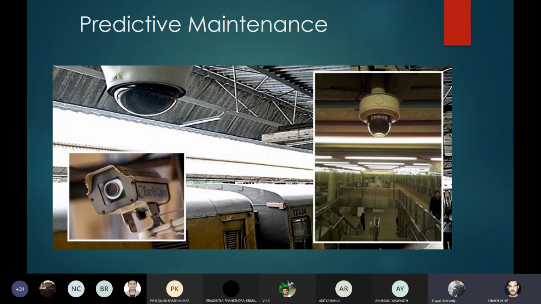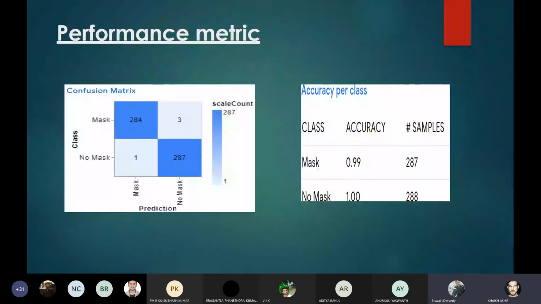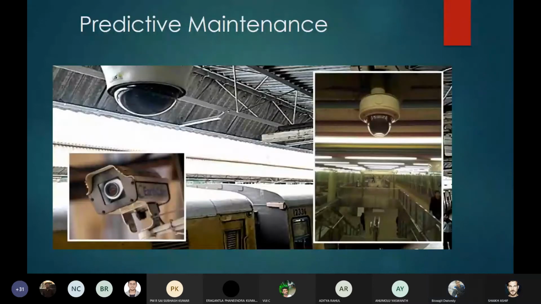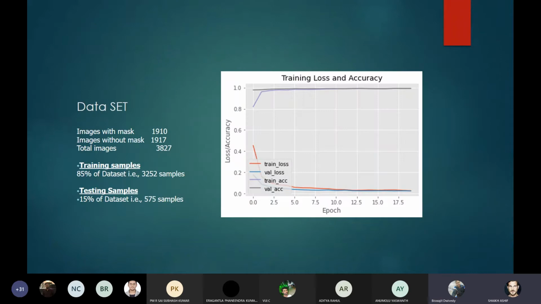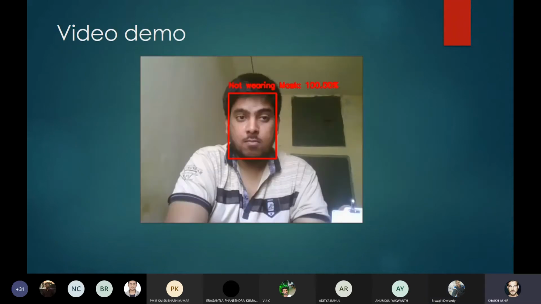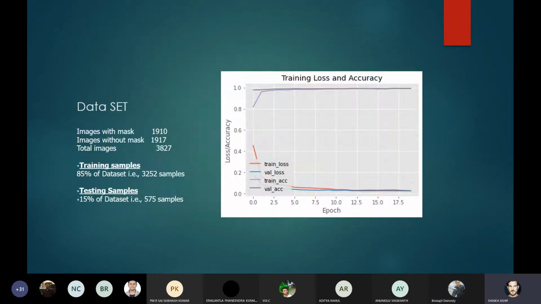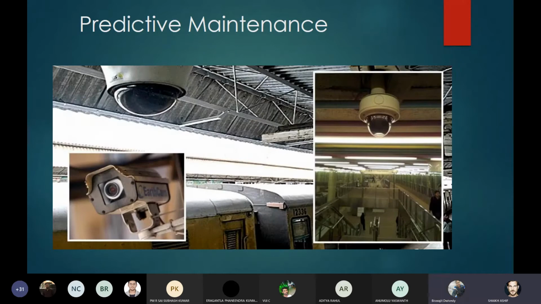What is the significance of this with your project? Predictive maintenance of the cameras, because this project will be applied in all the cameras present in government places like railways, bus stops and many public places.